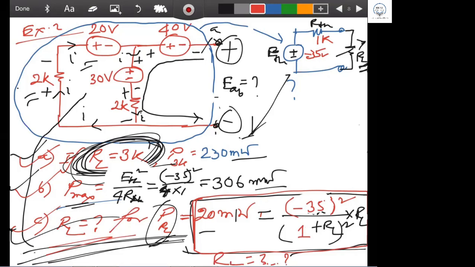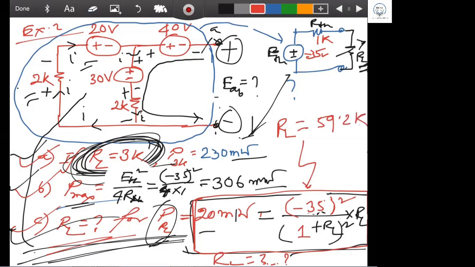I'm not going to wait for solving; this is a bit longer. I'm giving you the answer. You note it down and try at home. You can check whether you get the same answer, or next class I can show. Now write down the answer. RL, the first answer you get is 39.2. I'm sorry, 59. Can you please wait for a second? Okay, RL equal to, please write down 59.2